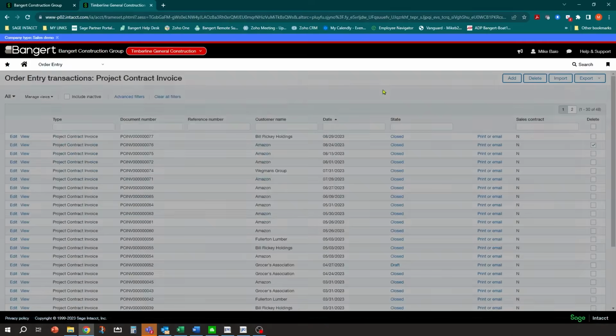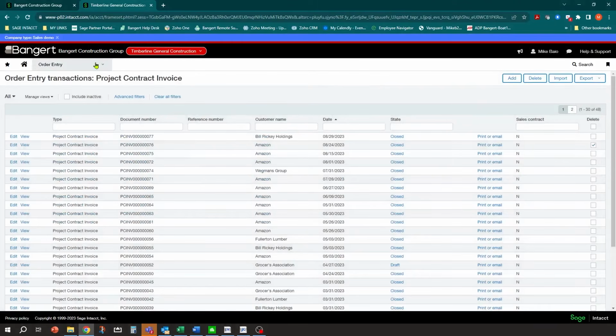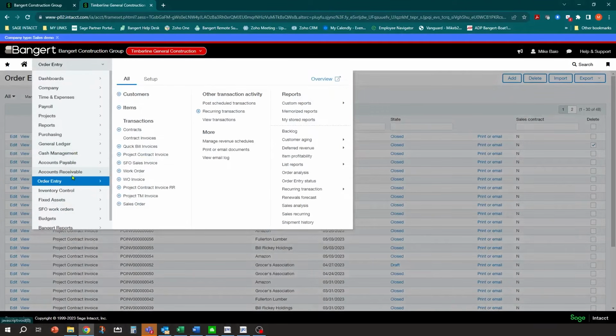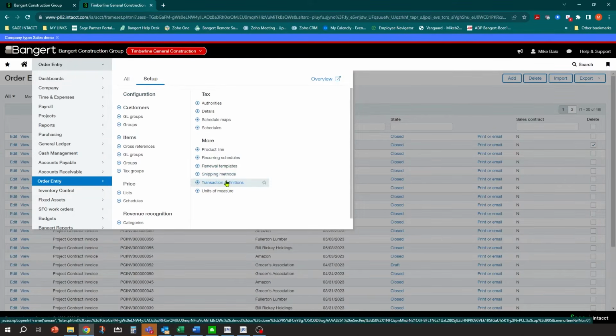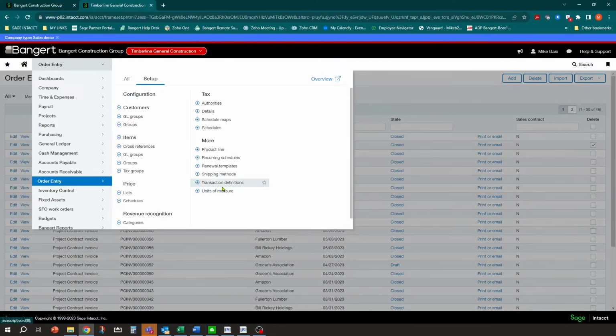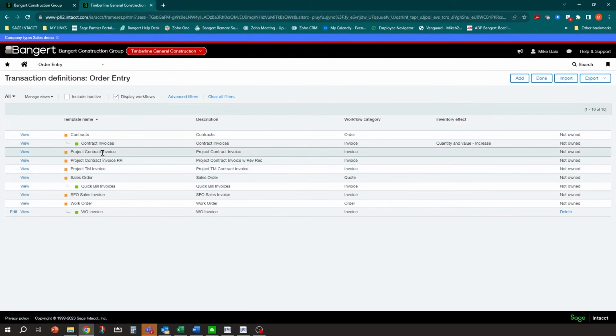So again, if you are using the project billing, which in all likelihood most of you will be doing, you don't want to make the edits or the deletes in accounts receivable. It won't let you. You're going to go into order entry, pick the transaction definition. Now again, this is all dependent on the transaction definition setup. So this holds true for the receivable as well as the purchasing side. I just went into the purchasing side for the transaction definitions, but over in order entry, you have your transaction definitions as well. There's their project contract. There's the work.